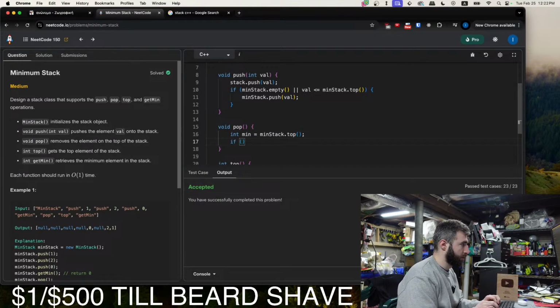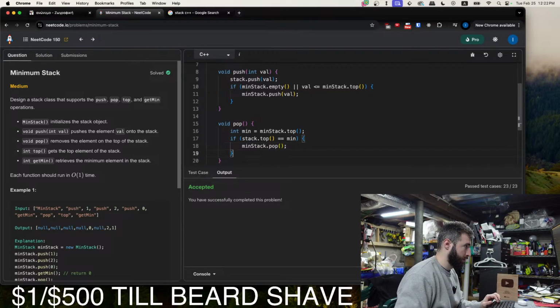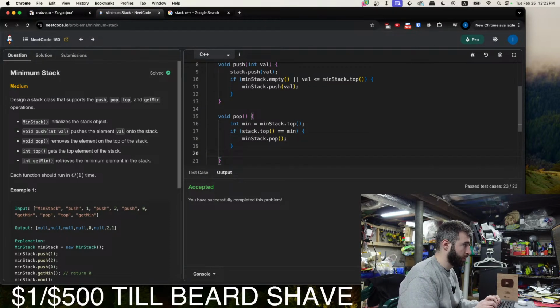If stack.top is equal to min, then we pop from the min stack as well. minStack.pop. Okay, and then we pop from the normal stack. stack.pop.